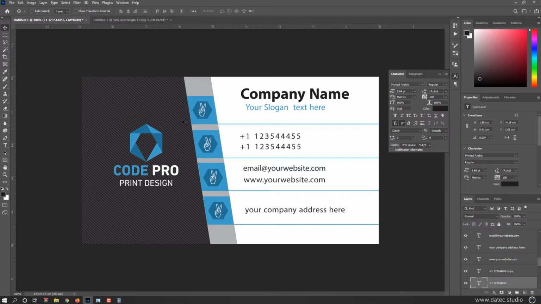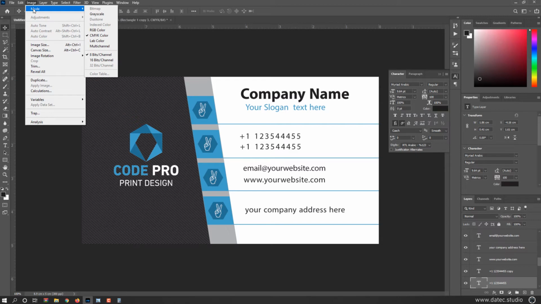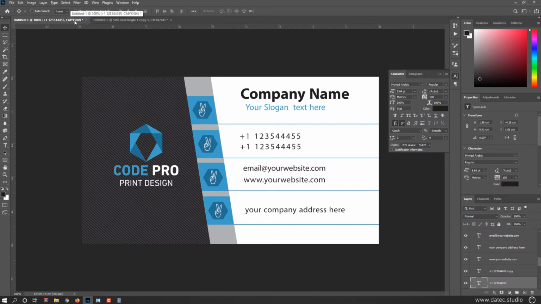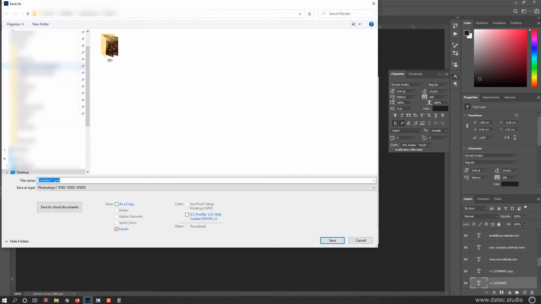Because my image mode is CMYK, you have no worries. You could check from Image, Mode, CMYK, also from your title bar. And as I always offer to you, to prepare this file for print, always save as TIFF file. So go to File, Save or Save As,